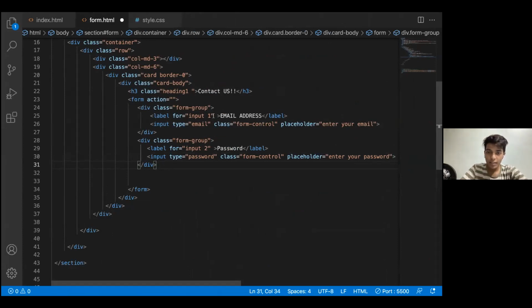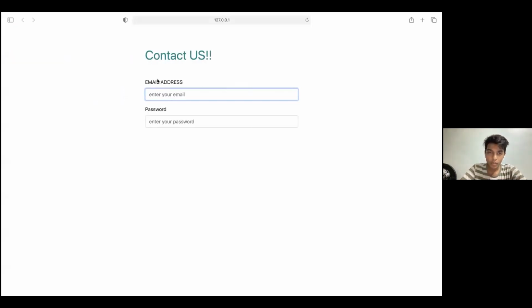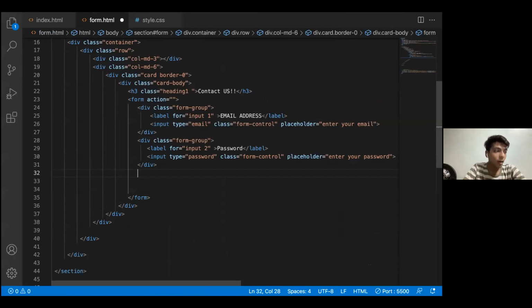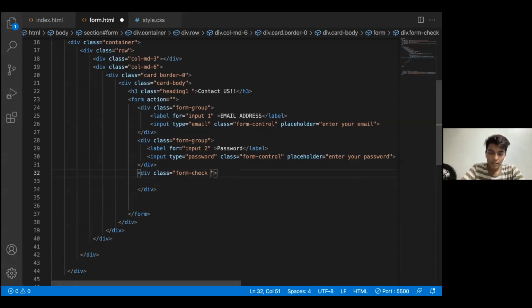The label represents the email address that was present on the top, and the placeholder represents enter your email. So this is the label, and this is the placeholder that is inside it. Now I'll be making a radio button. A radio button works a bit differently. It requires different classes. So the first class would be form-check. I'll be explaining this as I did for the earlier ones. I'll be placing an enter and placing form-check